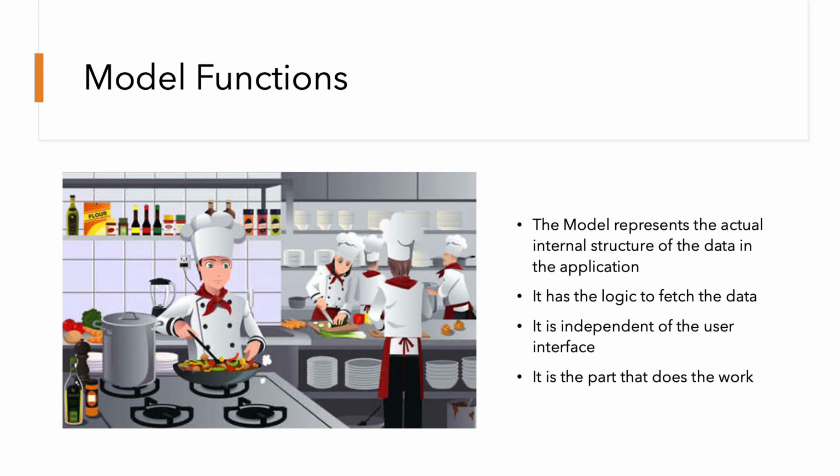To go back to our restaurant example from earlier, this component would be the cooks. They take the meal orders from the waiter, the controller, and then begin preparing the meal for the customer, the view. This process is similar to the model taking the data from the controller and then providing the data for the view.